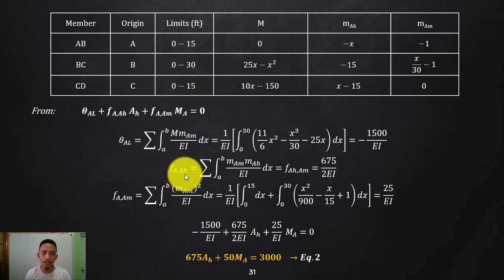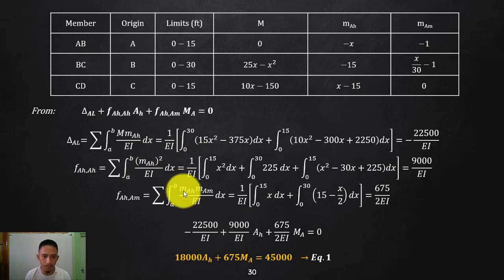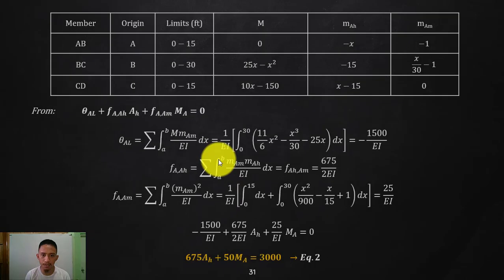And then FAAH. What is that FAAH again? Since there is no subscript on that A, it means that is rotation: rotation at A due to the horizontal redundant. So we are talking here of the loading to be rotation, MAM times MAH, due to the horizontal. Actually, if I multiply that one, we did this one a while ago, which is this one, MAH, MAM. However, the only difference is their